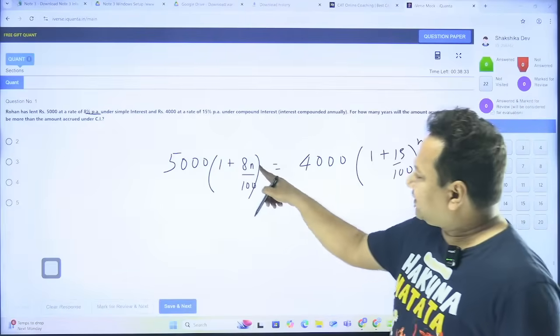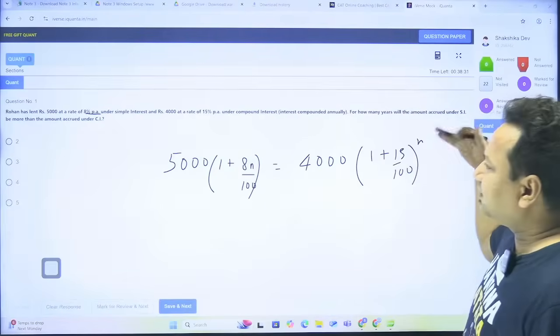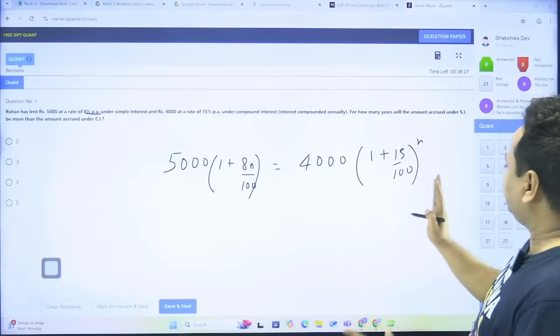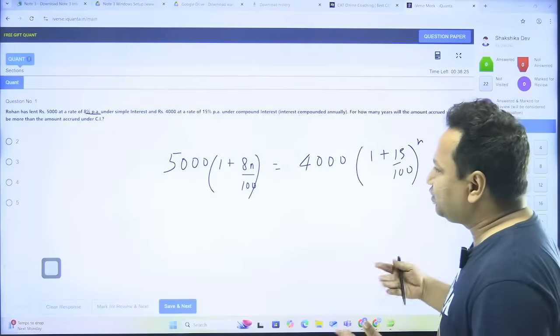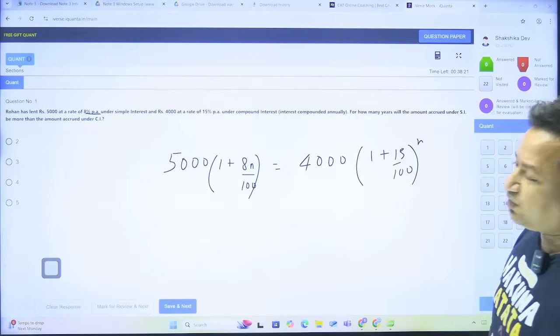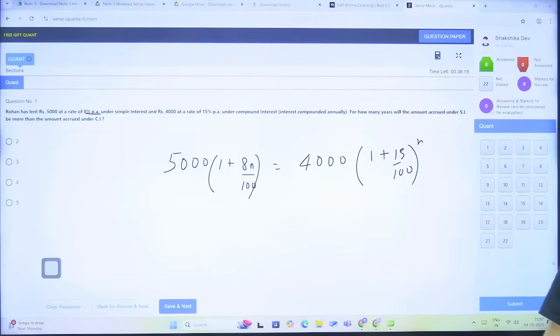So here we have a kind of linear relation. Here we have a power relation, a geometric relation. I need to solve it. So I'll have to assume values n equal to 1, 2, 3 and so on, and look till what time SI will be more than that of CI. So for that we'll be requiring a calculator. It is a proper calculator-based question. So if I use the calculator,